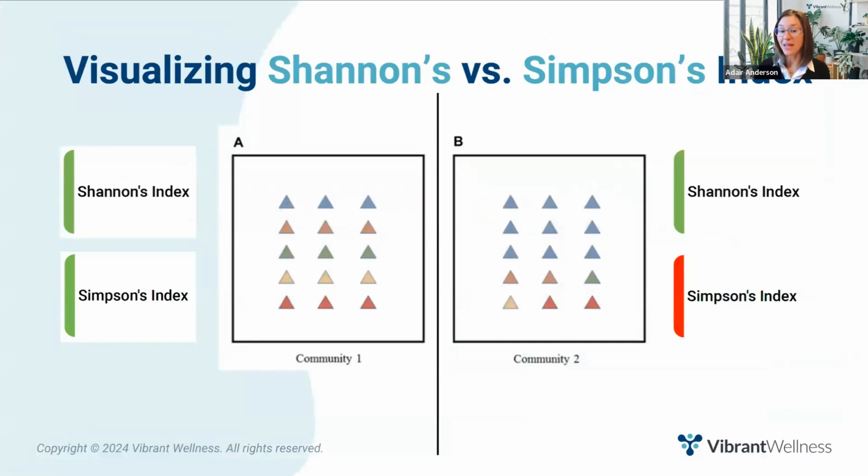In this image, both A and B have the same level of richness. Shannon's is the same for both because they both have blue, orange, green, beige, and red present. However, their Simpson's index is very different. Stool A has a high Simpson's index because the distribution is even. There are 3 of each color. However, stool B has a low Simpson's index because the distribution is not even at all. Blue makes up half the total ecosystem. Simpson's gets knocked down when there is opportunistic overgrowth or pathogens outcompeting and dominating the population and driving inflammation.